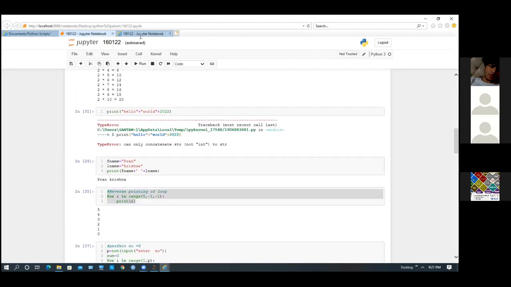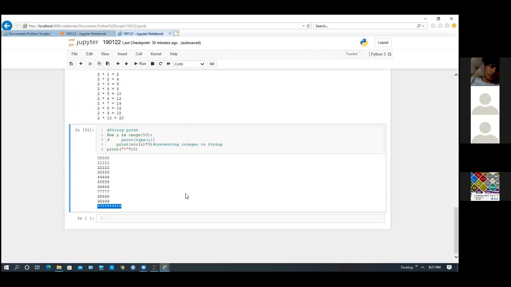Sir, I have a question. When to use a for loop and when to use a while loop? It depends on the scenario and also on your need.